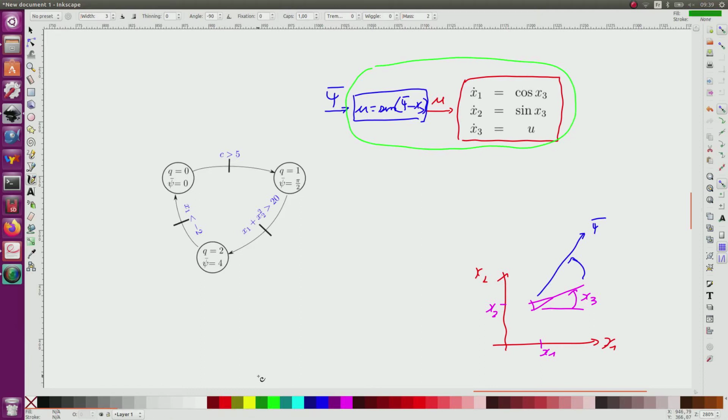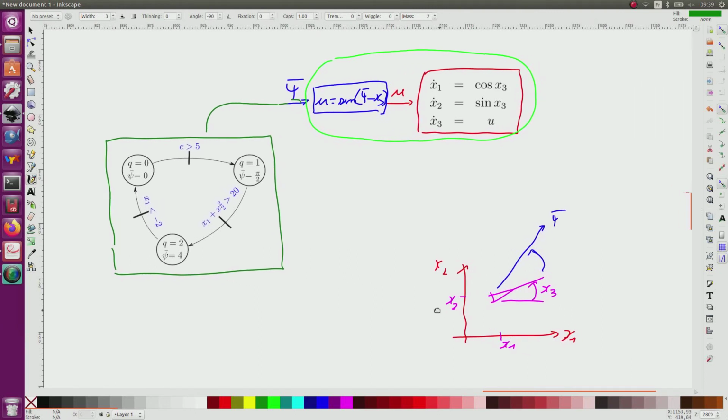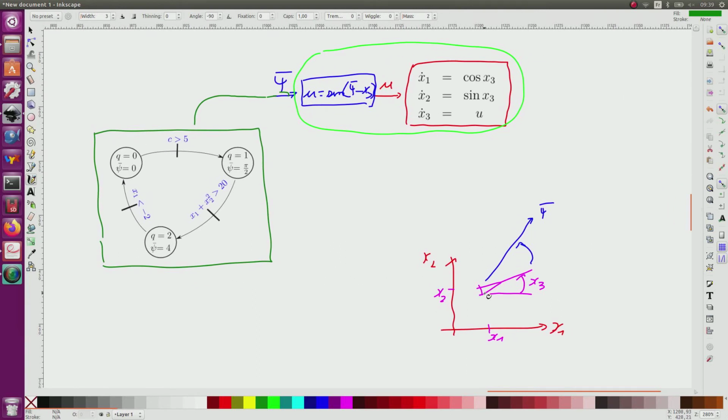Now I have an automaton given here that will generate the psi bar, the wanted heading. So at the beginning, I start with q equals 0, and the wanted heading is psi bar equals 0. So it means that I want my robot goes right, like this. So probably it will do something like this. It will go right,